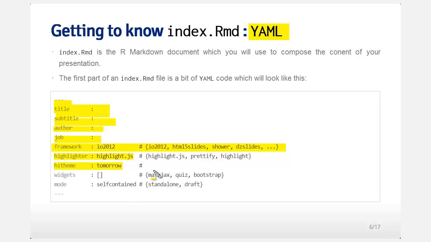The widgets talk about some options: MathJax is for mathematical equation rendering. Quiz is for these kind of automated quiz things. Bootstrap is the Twitter Bootstrap style, which is a CSS style that I guess Twitter created. The mode,